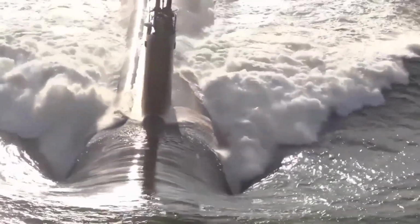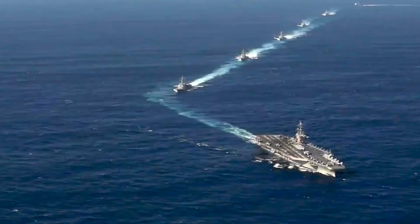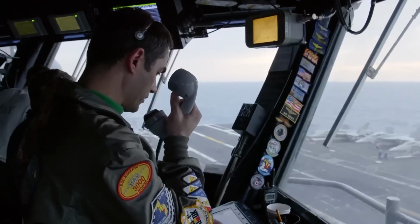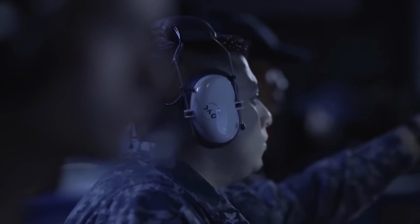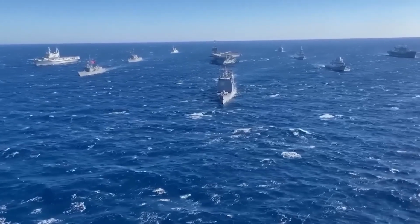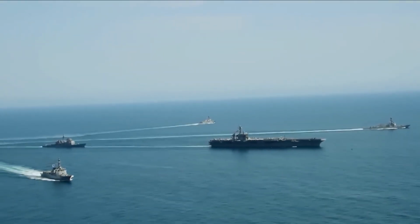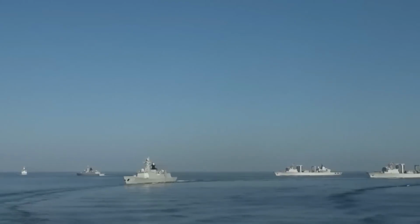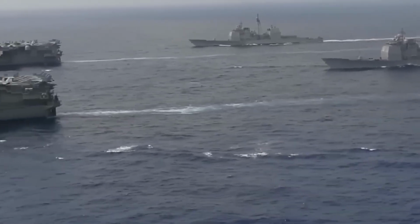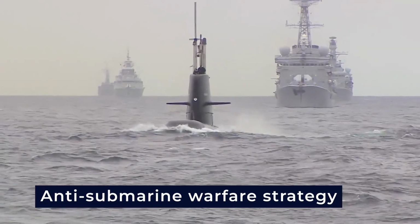If a submarine is detected near the carrier group, the situation becomes very serious. The entire carrier group goes on high alert, with every crew member at their battle stations ready to respond to any possible threat. At this point, communication and coordination between all units become vital. During such a situation, the carrier and its escort ships might alter their course and speed to form a tighter defensive formation. This maneuver makes it more difficult for a submarine to target the carrier and enables a more effective